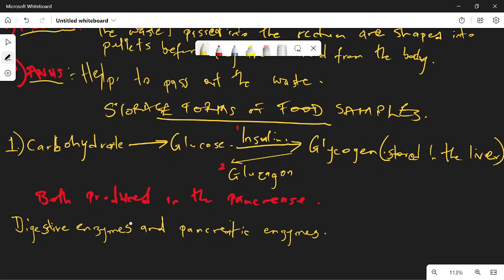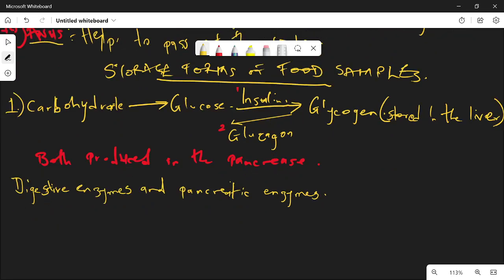There are differences between digestive enzymes and pancreatic enzymes. When we talk about digestive enzymes, we are talking about one,